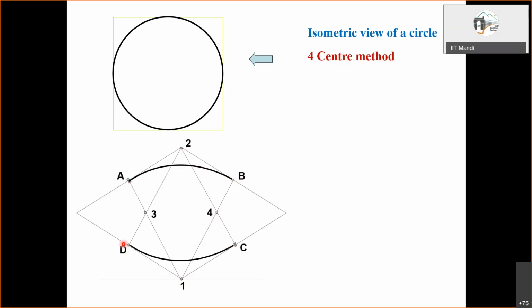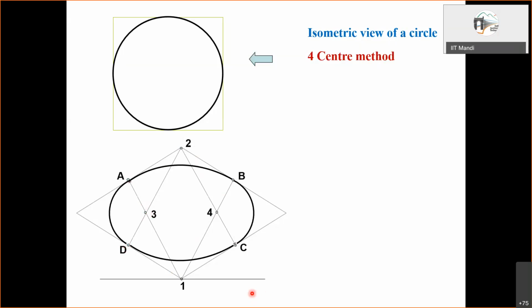Next, with 3 as the center, the radius will be 3 to A or 3 to D, and this arc will be drawn. From 4, again 4 to B or 4 to C will be the radius, and the arc is drawn.